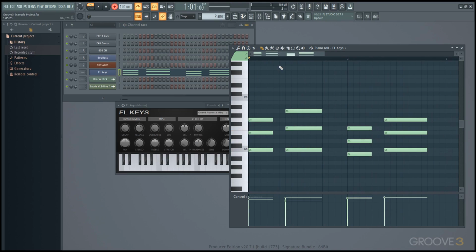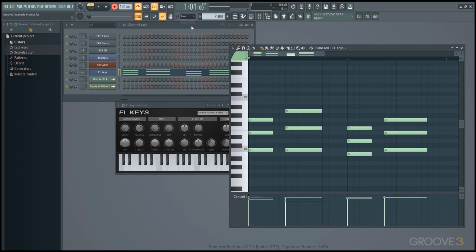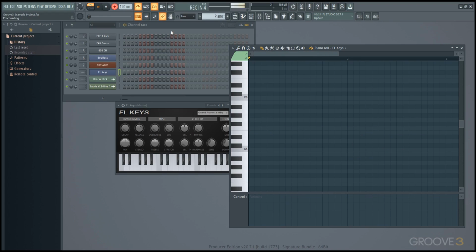And it automatically quantizes my input. Right-clicking on the record button, start and end time are quantized. My personal preference is just to leave it on line so that I record it as I actually play it and then quantize just as I need to, because at that point, even if I'm wrong, or if I record